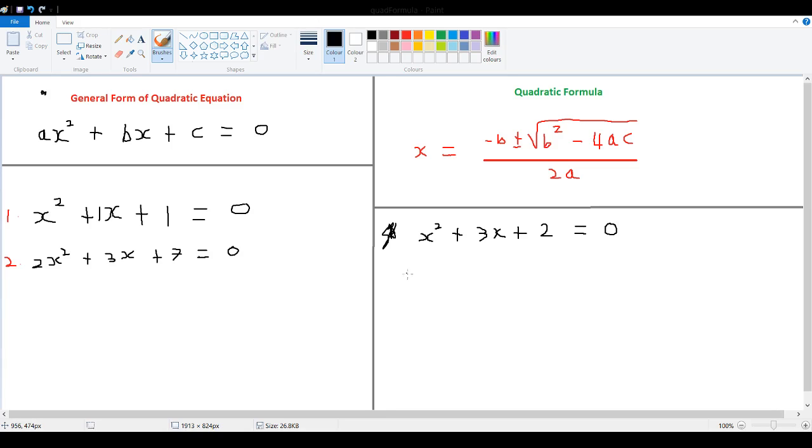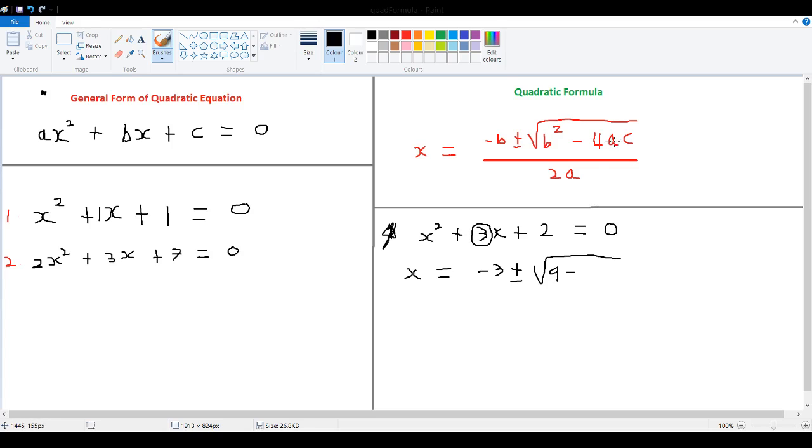Now let's go through the example. So what we need to do is write x is equal to minus b. This bit is implied, but if you want to make it clear you write x is equal to minus b. What's b? Well, b is here, so b is 3, so we're going to want minus 3, plus or minus the square root of b squared. What's b squared? Well, b is 3, and 3 squared is 9, so we put a 9 in here. Then we've got minus